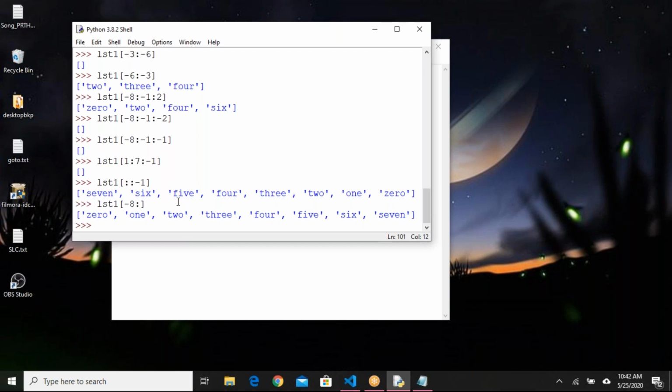You can give it a try: open your IDLE, create one list, and try different combinations so you can see the behavior and understand. They are very straightforward. Anyhow, I'll save this file and share it with you so that you can refer to the outputs. So reading is clear.